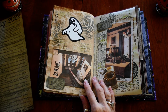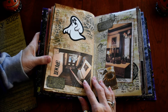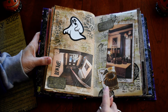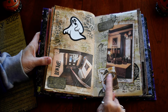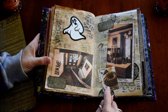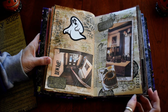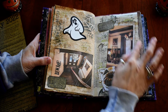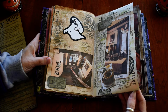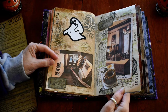And number 12, you chase the figure down the stairs to the kitchen, and there's some food. What's on the plate? If you read the books, there's a lot about this chocolate tipsy cake, and I looked it up, and it's actually a thing. I guess it's mostly a cake with alcohol, typically rum in it. So that was one of the pictures that I found. But this is actually a picture from inside the house as well. So I added that. I had a lot of fun doing the backgrounds with the stamping, and played with a lot of different mediums throughout doing this book. So that was 12,